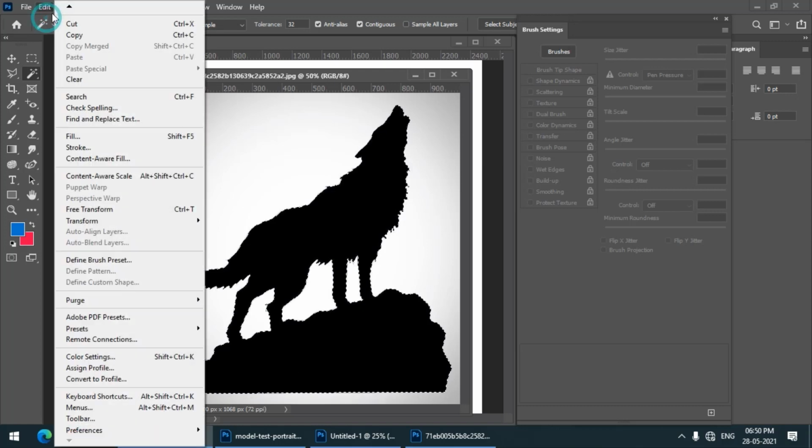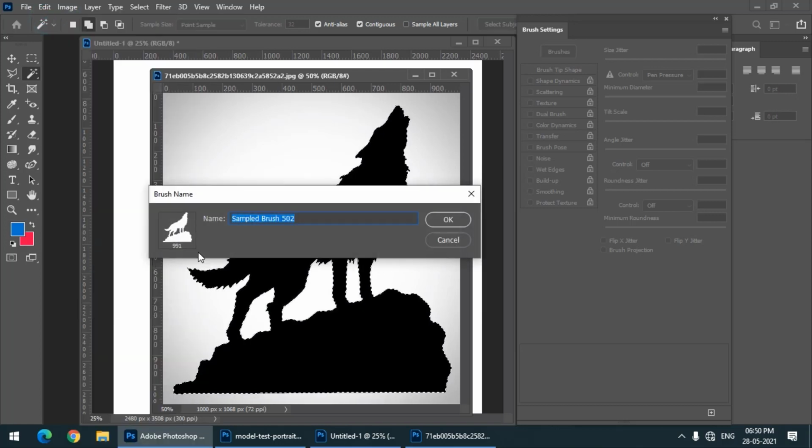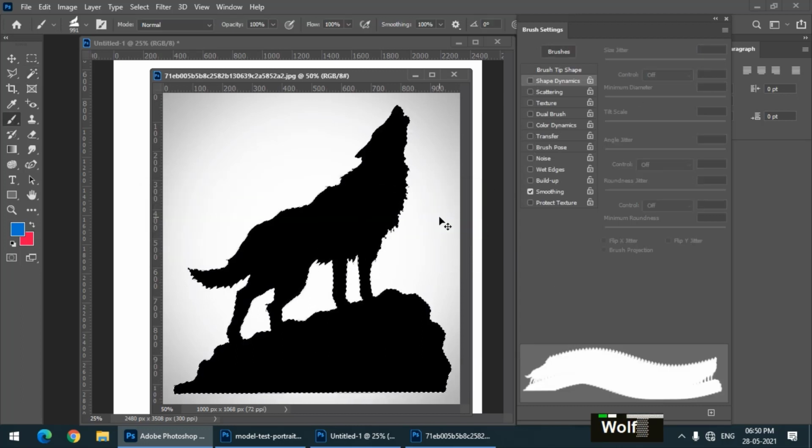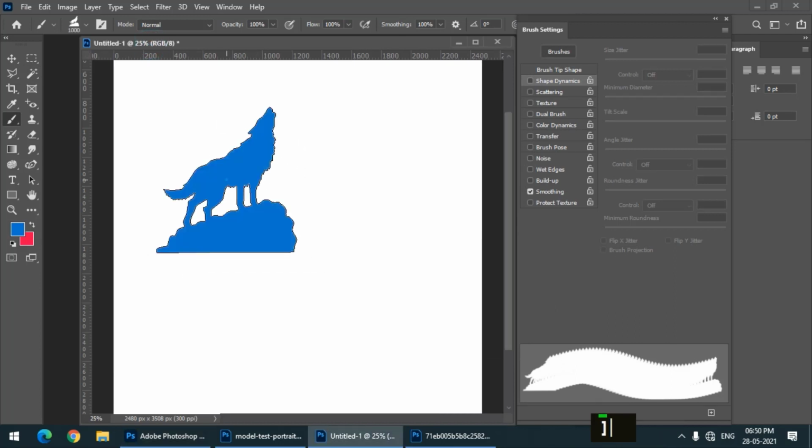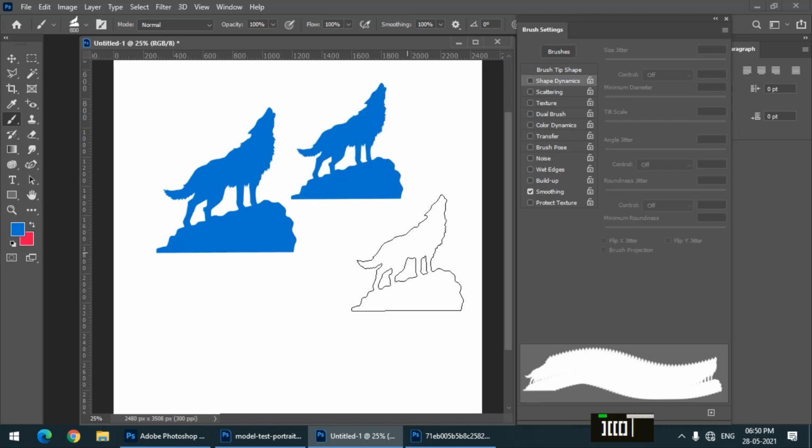Again I have to go to Edit, Define Brush Preset. I will name it wolf, whatever you want, and press Control D again to deselect. As you can see, this is now converted into a brush. What if I want to flip the brush?